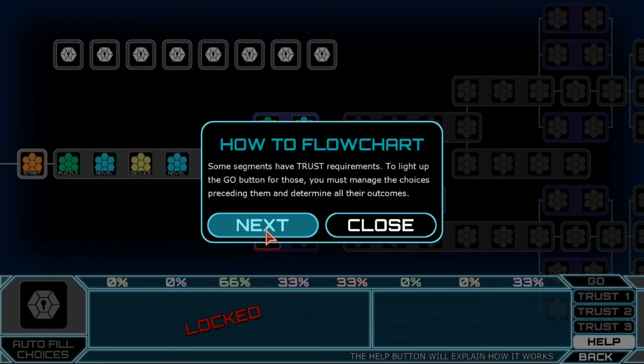Some segments have trust requirements. Light up the go buttons. Exceeding them. Once you enter the segment, all your chosen outcomes will be set for the save file, regardless of whether they were set before or after the segment. Choices will only let you set them if you experience all their possible trust changes firsthand. Otherwise, the autofill button will let you quickly set your choices back up to access a segment you've already been to. However, it won't solve the puzzle of